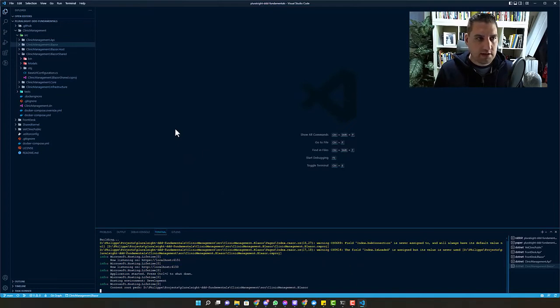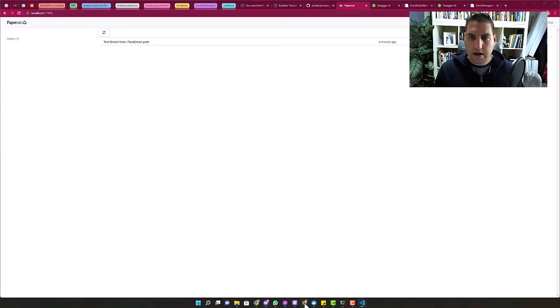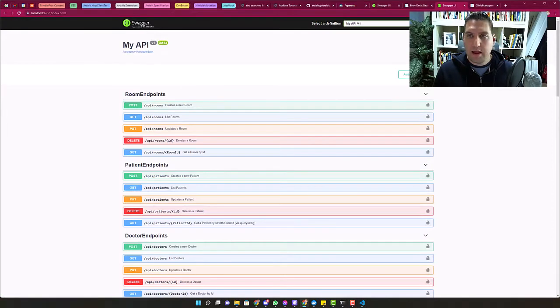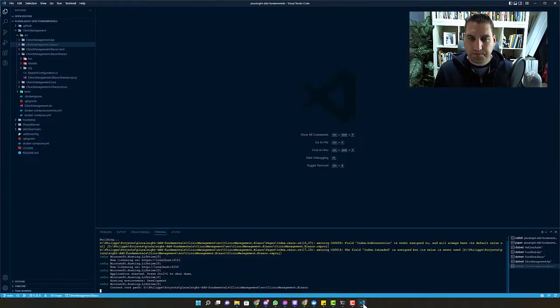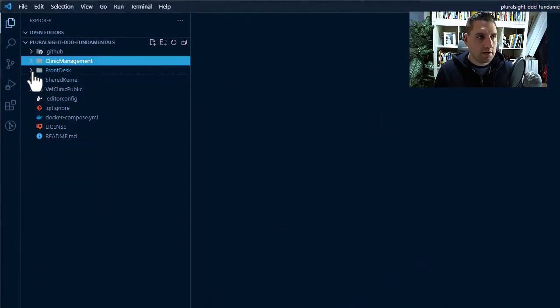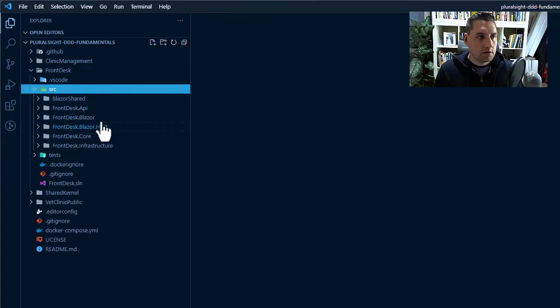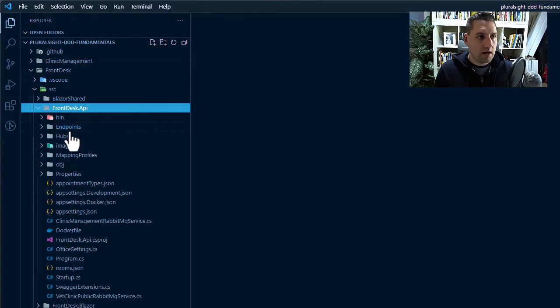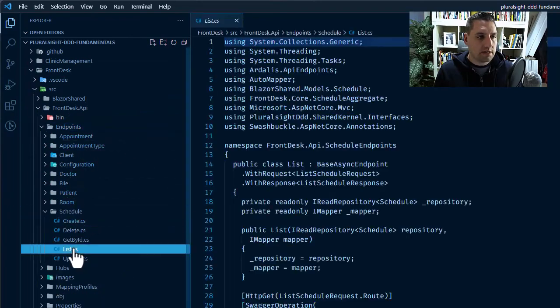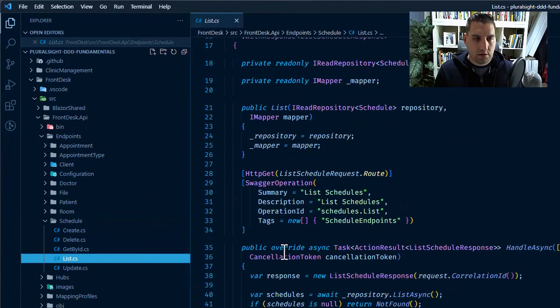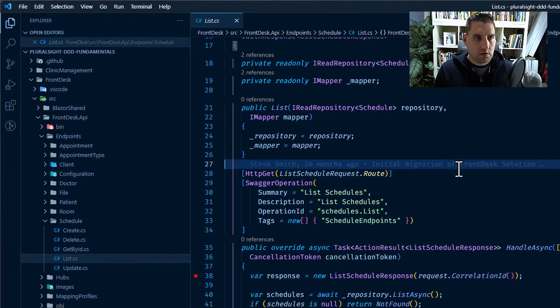First of all, let's just use Swagger, my API for, let's say, schedule, the get API schedules. So we go into front desk, source, front desk API, endpoints, schedule, list. Okay, that should be the correct one. Put a breakpoint here, and now we can just do, I think it probably wants us,